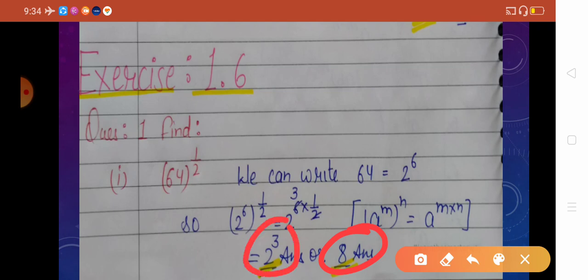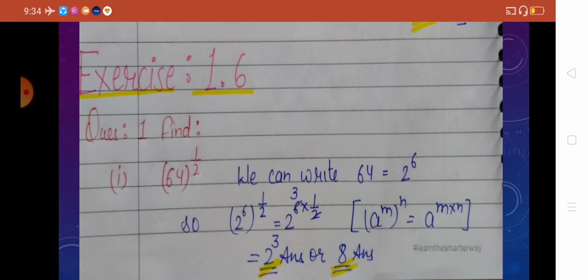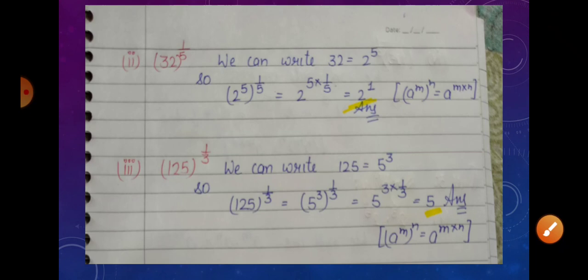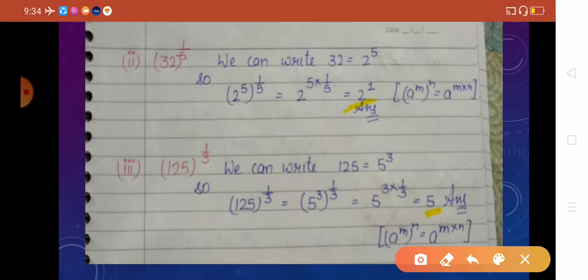So you can write 2 raised to power 3 as well as you can write 8. Clear? Second part, 32 raised to power 1 by 5. As we can write 32 as 2 raised to power 5, so in place of 32 we can write 2 raised to power 5. Then we will use our law of exponent, 5 will cancel 5 and we will get 2 raised to power 1, or we can write